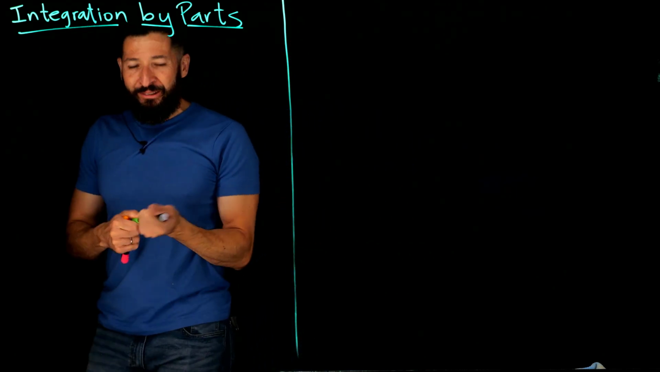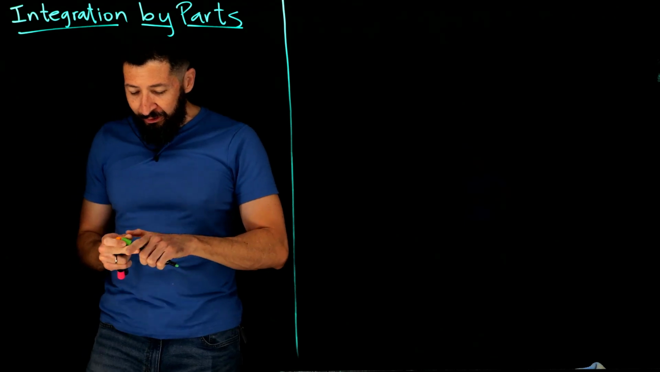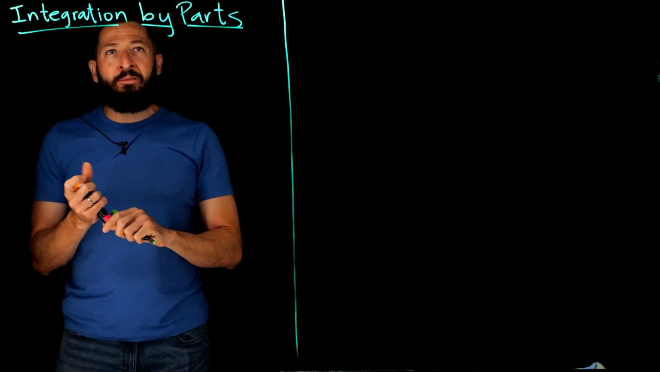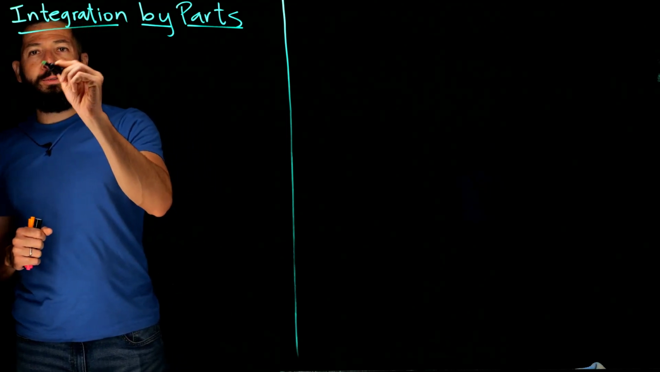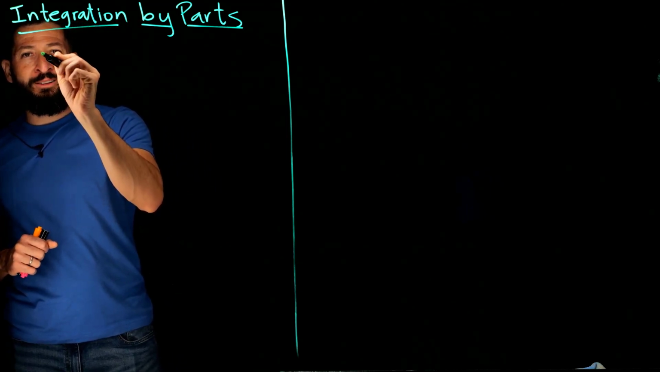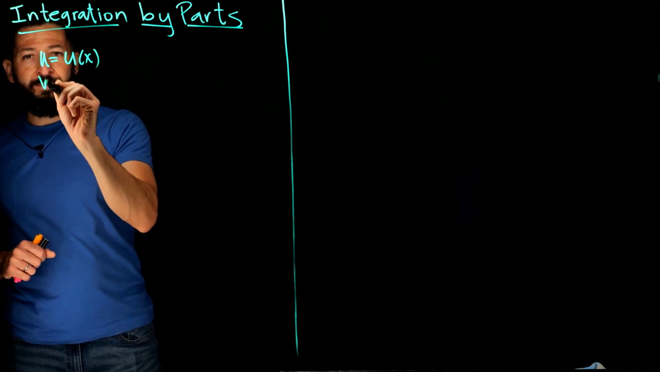All right, so today we're going to talk about integration by parts. Integration by parts is a technique of integration that allows you to undo the product rule. So if you have two functions, u and v, both functions of x, so u is a function of x, v is a function of x,